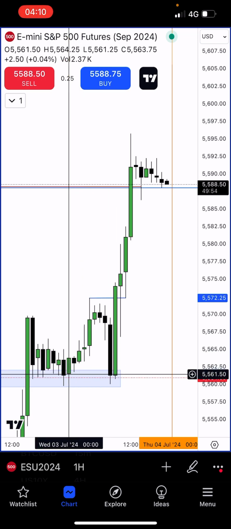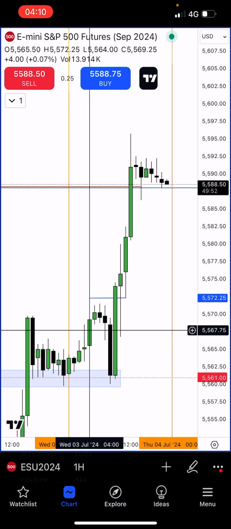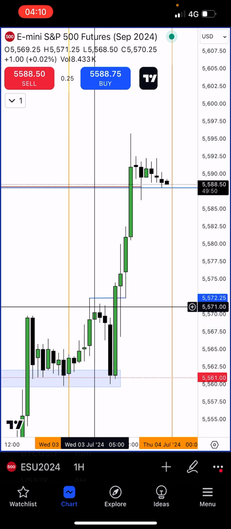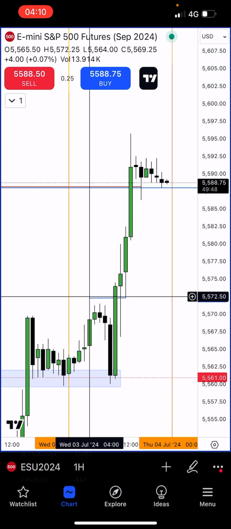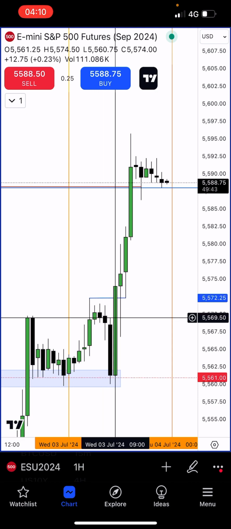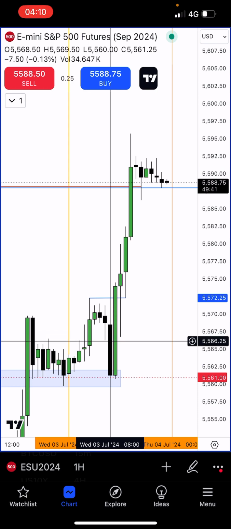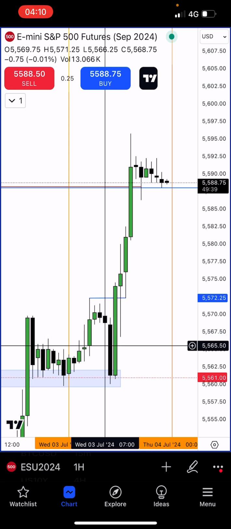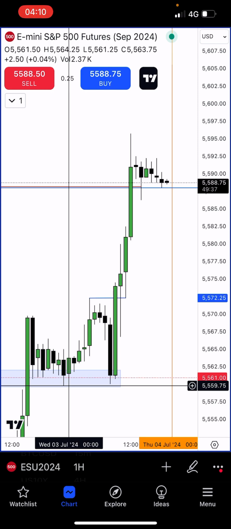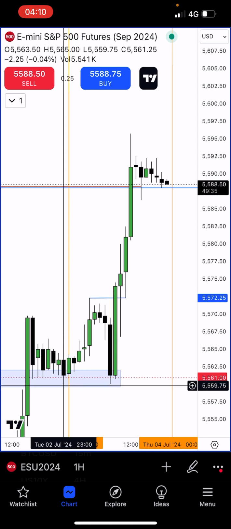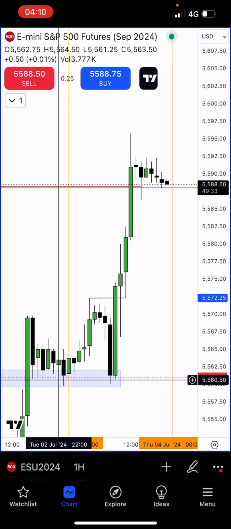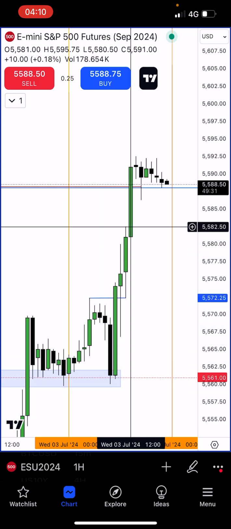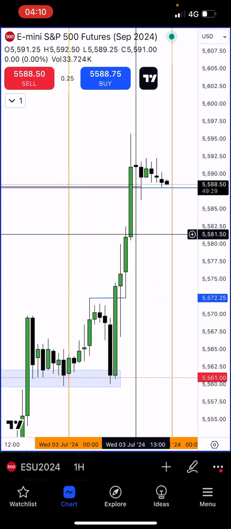We opened, rallied going into London session, ending London session with the highs at 572 and a quarter. Sold off going into the UK AM session, 8:30 came in. We failed to take stops, which if I was at the market, I'd like to see stops taken before the low resistance liquidity run that we did see.